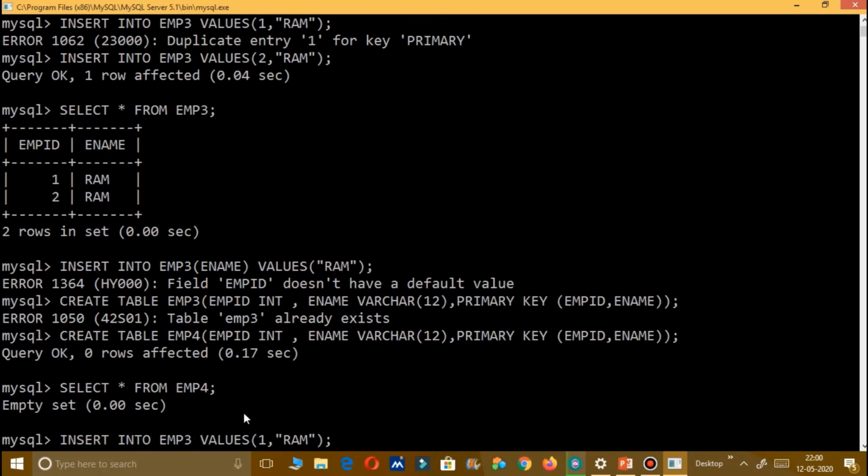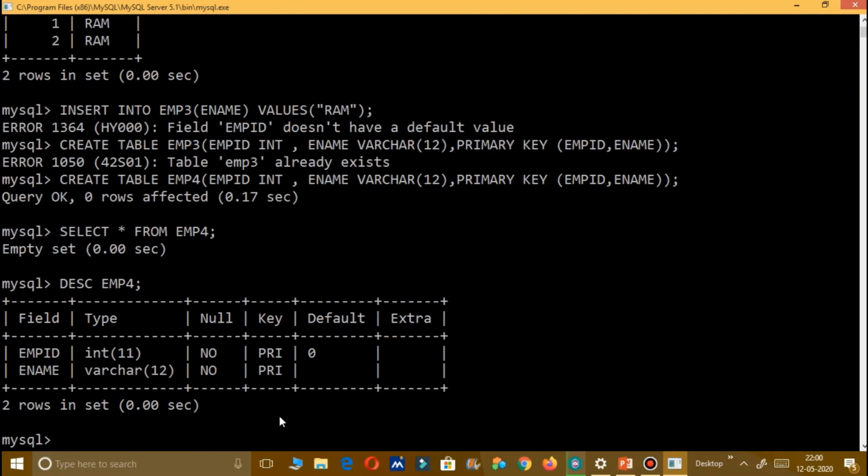So just to see the structure, I should write this command. Here you can see it is a combination of two columns together. It means there are not two primary keys. There is only one primary key, but here it is a combination of two columns together. Fine. So I hope it is clear to you.